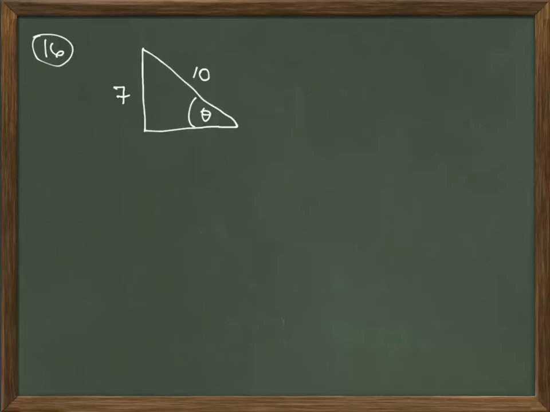Okay, this is number 16. We have a right triangle and we are looking for the secant of theta. The secant, of course, is the reciprocal of cosine, so that means I have to find the adjacent side first. Adjacent side is